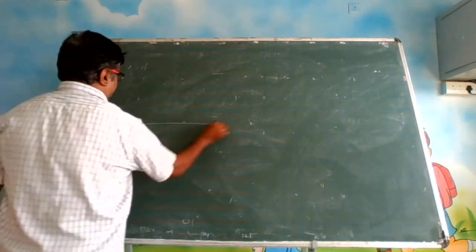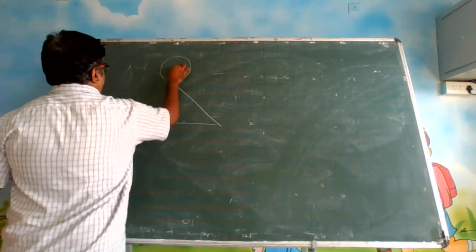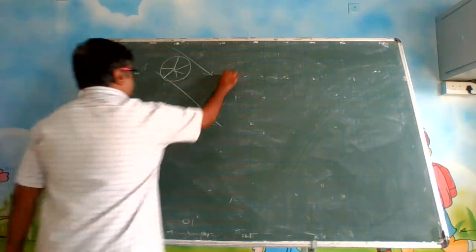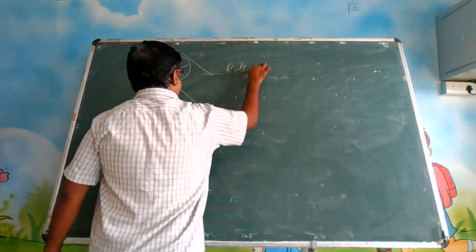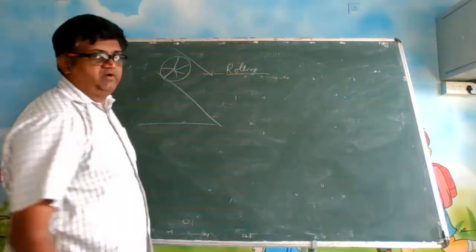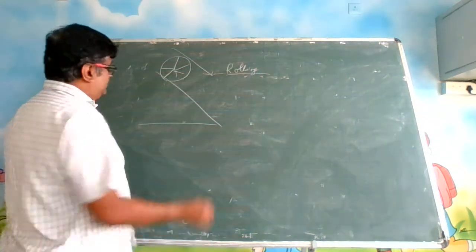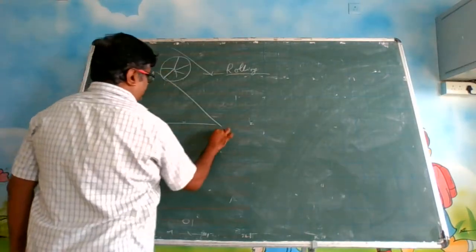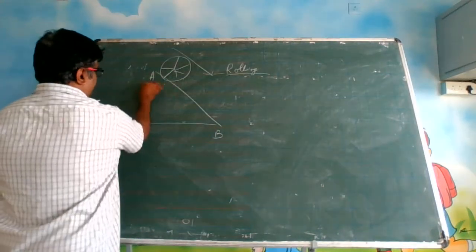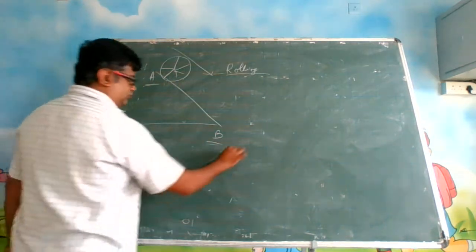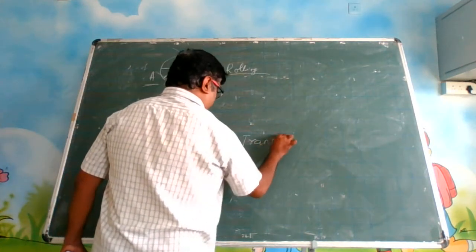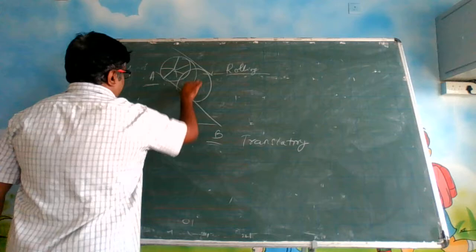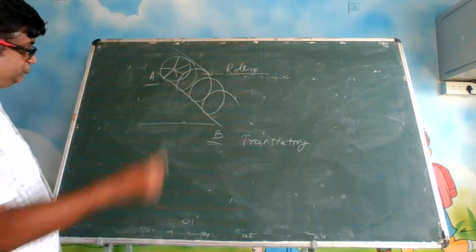suppose there is a tire. These are all spokes. It is going down. How is it going down? It is rolling and moving forward. Moving forward, translatory. It is rolling also. Okay. From this point A, it came to this point. So it translated from this position to this position. So it is translatory too. But the tire was rotating and coming down. It came like this. It is rotating also.